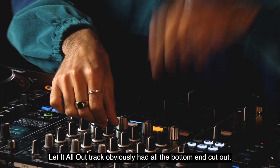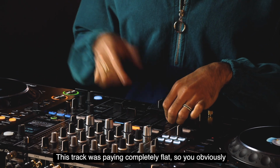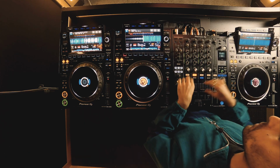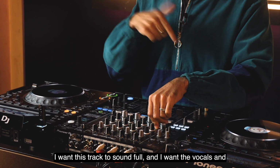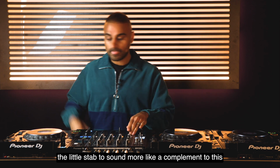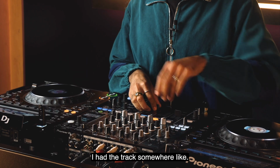So the Let It All Out track, obviously I had all the bottom end cut out. This track was playing completely flat. You obviously don't want the bottom end to interfere with the track that's driving the set forward. I want this track to sound full and I want the vocals and the little stabs to sound more like an accompaniment to this track, like a little flavouring to the track. Which is why I had the track somewhere like,